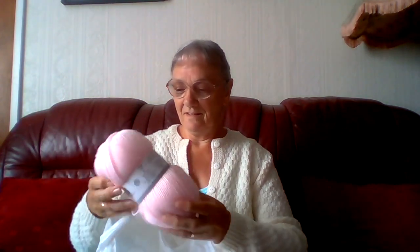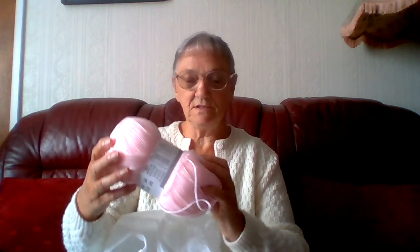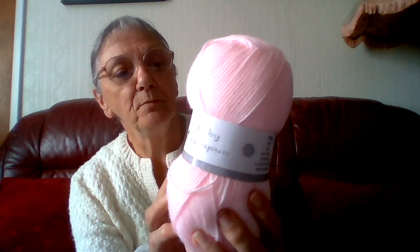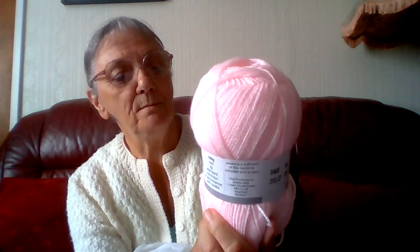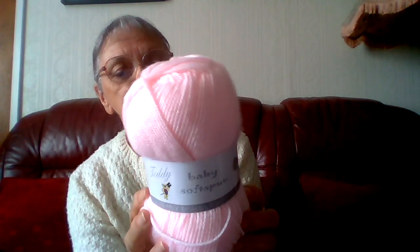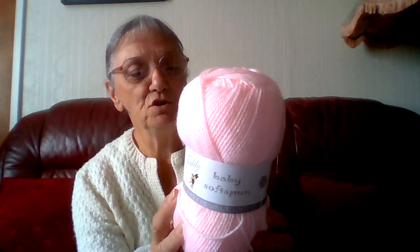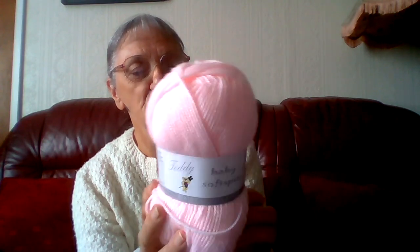and I've been given the wool. No buy or leave or anything, just here you go, get on with it. And this is called Teddy Baby Soft Spoon. I've never heard of this one before. I don't know anybody else has. It's baby double knit, and it says 100% acrylic, machine wash, tumble dry, do not iron, do not bleach,